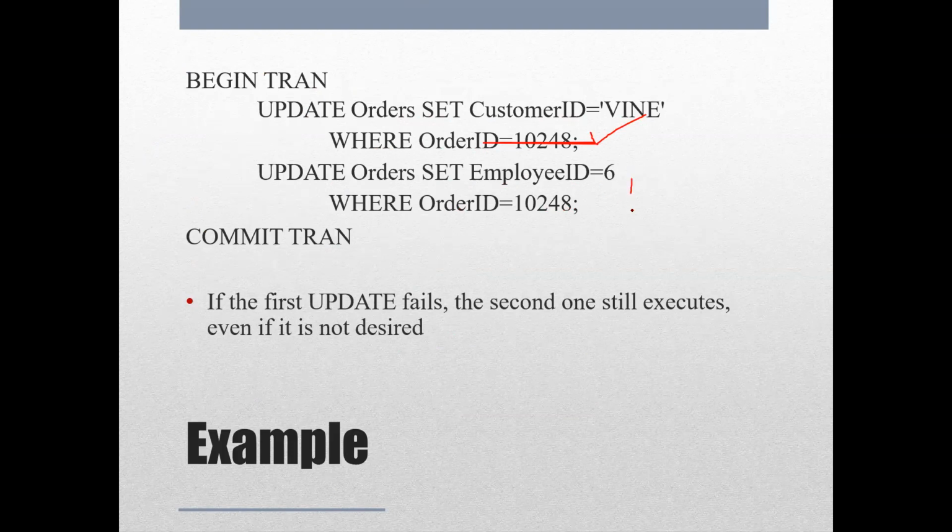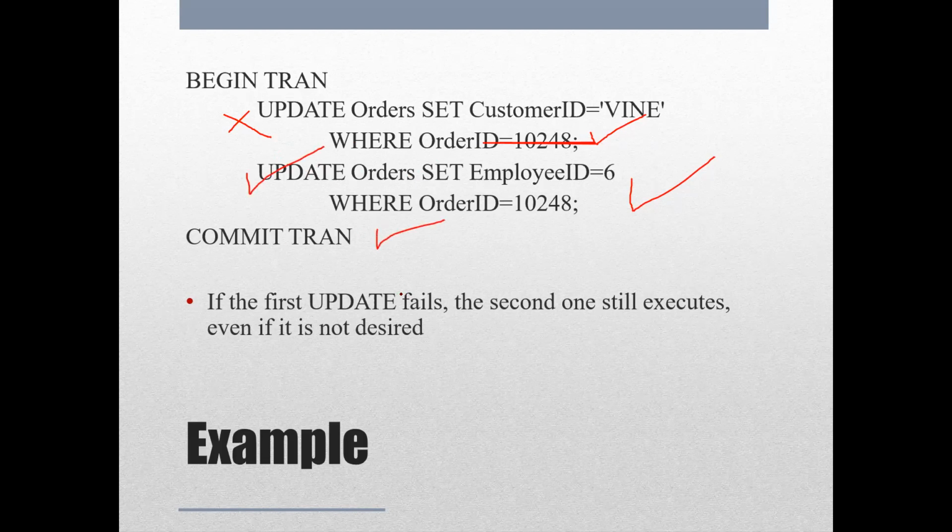In this transaction, for example, if the first update fails, the second line still executes even if it is not desired. So what happens if you are not checking for the error? This statement did not work well; it had an error and failed. But still the second statement got executed. Why did it get executed?